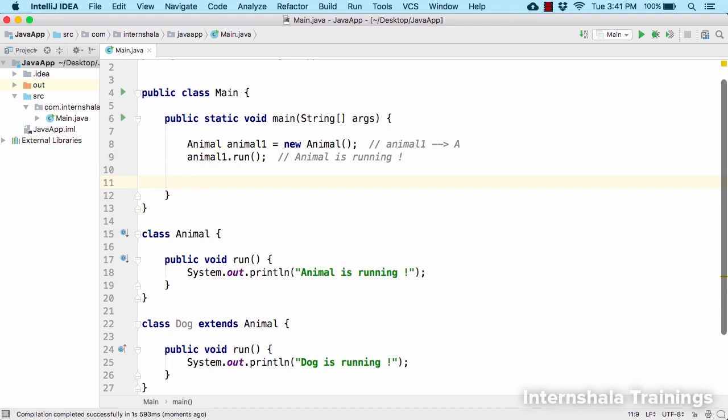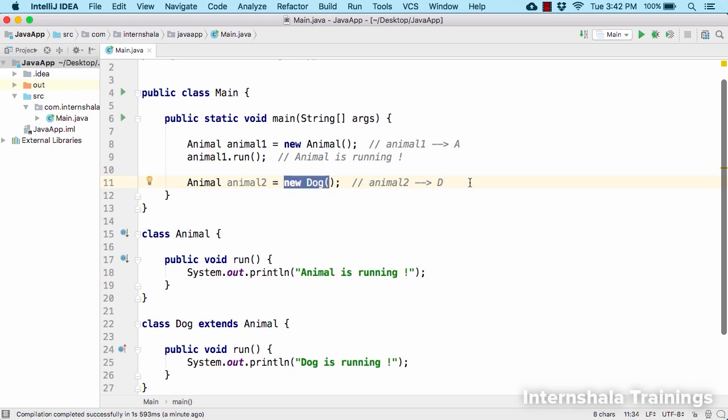After this, suppose I create a new Dog object, right? So this will create, let us assume, object D inside the heap memory. Now on the left hand side, before the equal to sign, suppose I assign it to the reference variable of Animal. Let's call it animal2. Now when we have the parent class on the left hand side as a reference variable and on the right hand side we have the child class Dog, then the compiler never complains because it is allowed in Java. So here the animal2, which is the reference variable present in the stack memory, will now point to the object D. Now this D is the object of Dog.